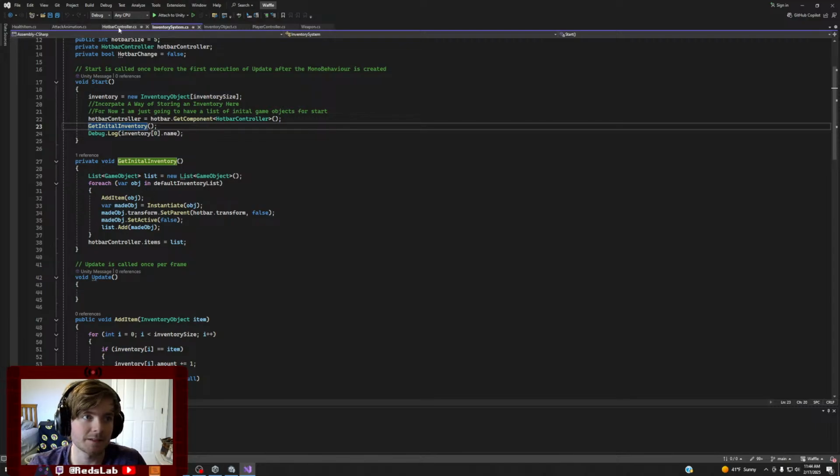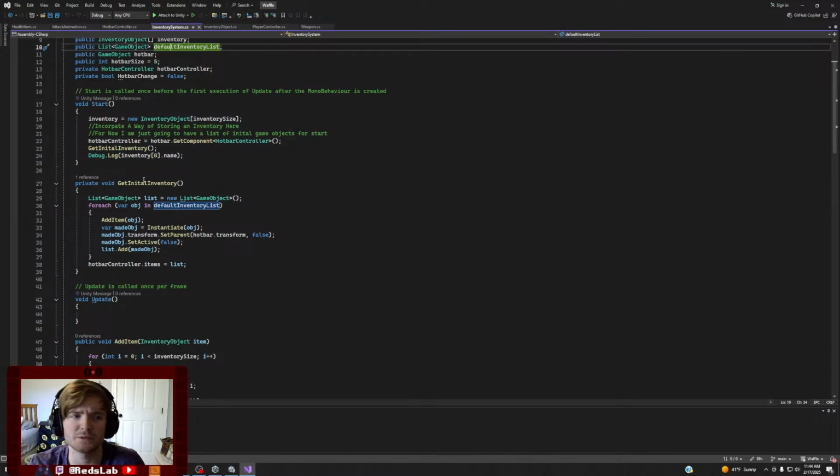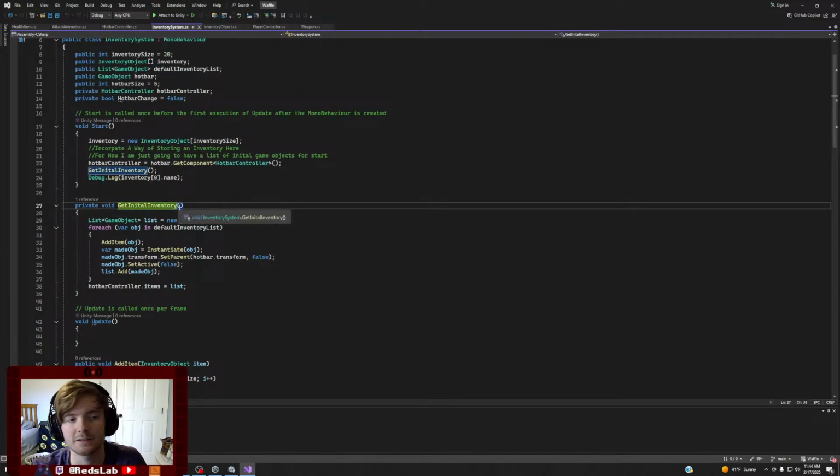This is going to be tied to the hotbar controller. So we've got a list, and then for every object in our default inventory list, which we are temporarily setting up here, this is basically the initial, like an unsaved start of a game playthrough, we might have some initial items. But this might have to be replaced if a character save file exists in the future. Yep, so we're just adding the item